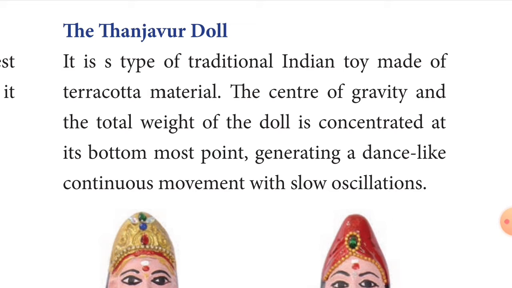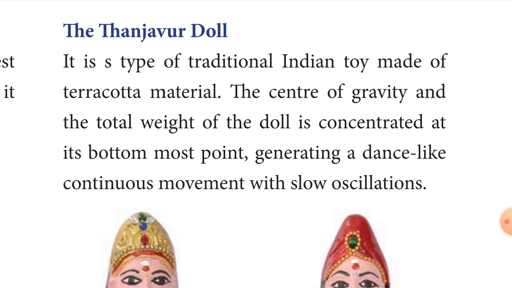Children, this is Unit 2, Force and Motion. Already we have discussed stability. There are stable equilibrium, unstable equilibrium, and neutral equilibrium. There are three types of stability, children. Today we are going to learn the conditions for stability. Already we have discussed. So these are all the best examples of a condition for stability, children.